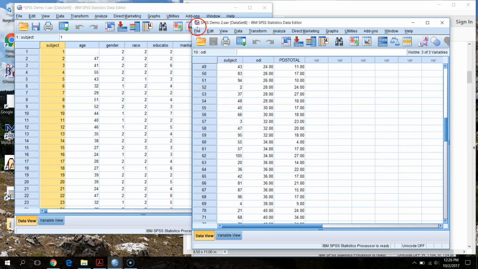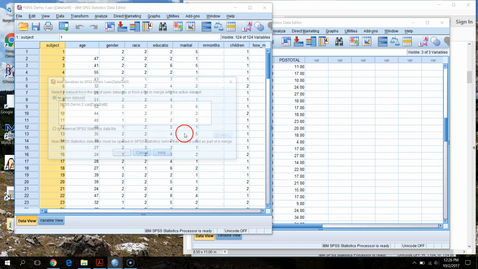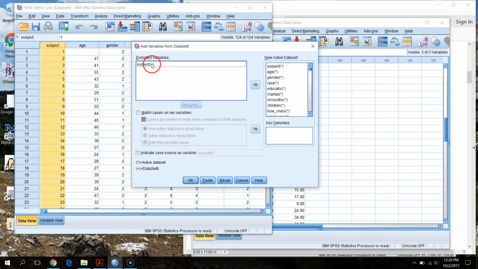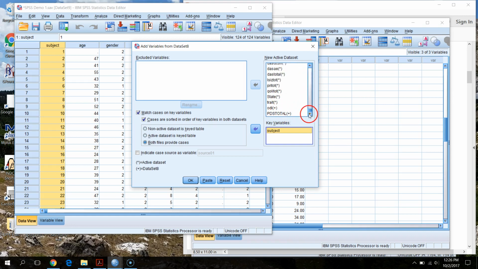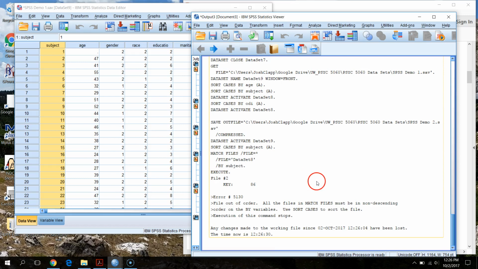Okay, so this is here, and we're going to make sure we've sorted this one in order. But if we go data, add variables, so we want our match based on subject, match cases, here we go. We've got that all set up, right? We've got our merge in variables here at the end, so we're feeling good. We say okay. SPSS says we're going to get a problem if these aren't sorted in ascending order, and I say yep, they are, and we'll go through and do it, and we get a new